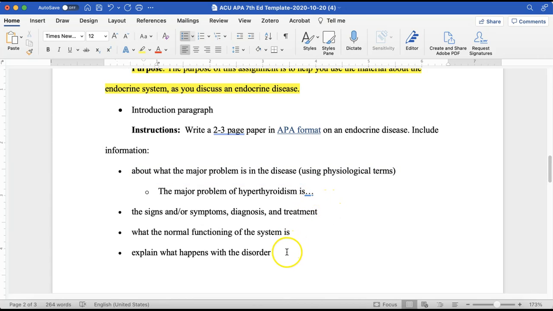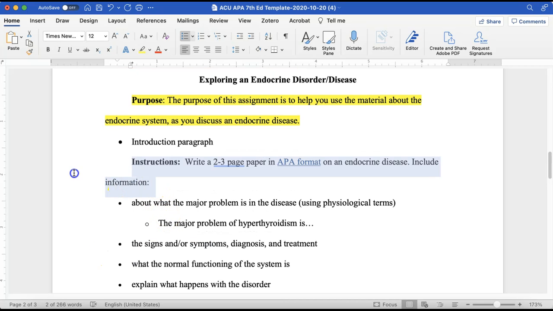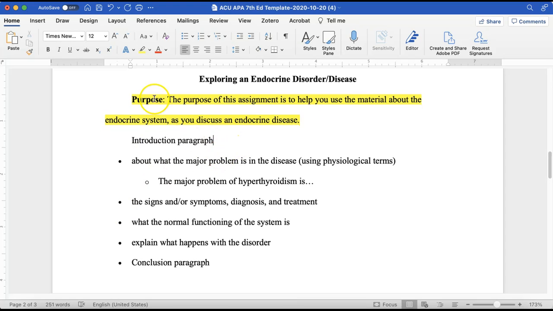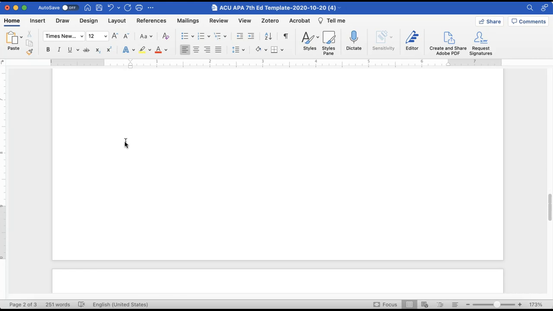Go through the rest of these prompts and make sure you have addressed each prompt fully. Then we need the conclusion paragraph. Make sure we go through and delete all of the bullets and highlighted text and make sure all of the bullet points go away and it's all formatted similar to how the APA template looked before we deleted that filler text. Not only do we have to format the paper in APA format, we also need to cite our sources